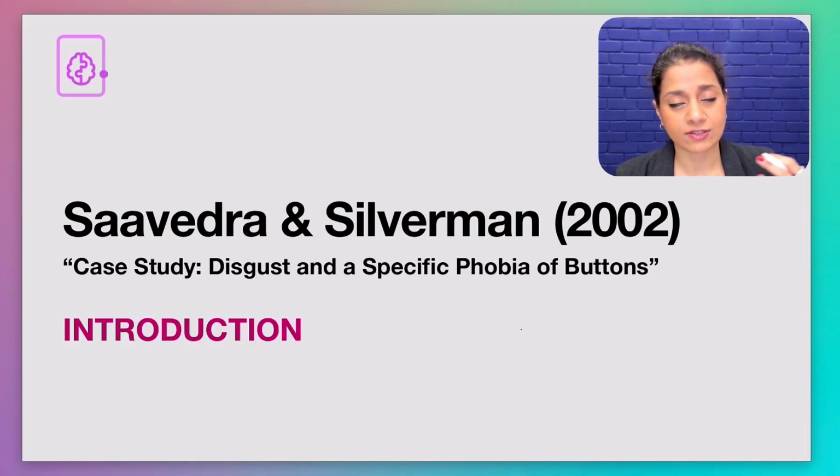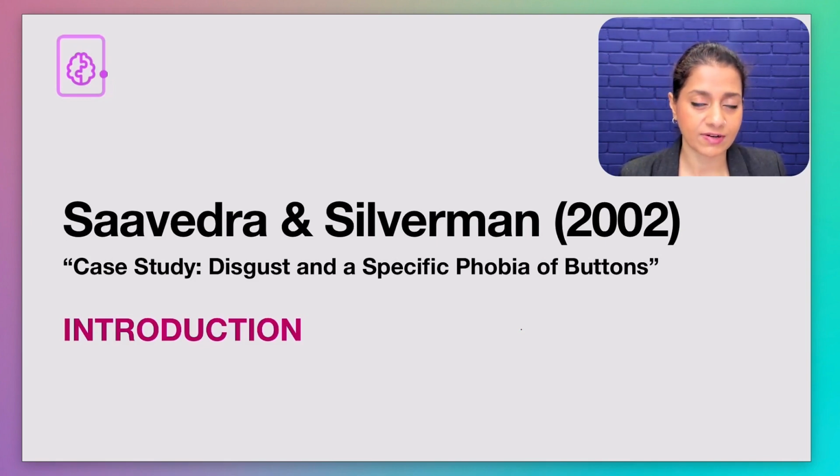It was done in 2002. It lasted about a year and a half approximately, although the original study doesn't give us the exact time. In this lesson, I'll give you a quick overview of what the study was all about, as well as the key terms that were used in the study and that you'll encounter in subsequent lessons about Saavedra and Silverman's button